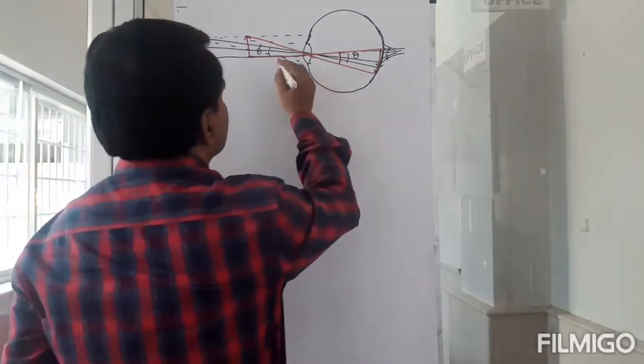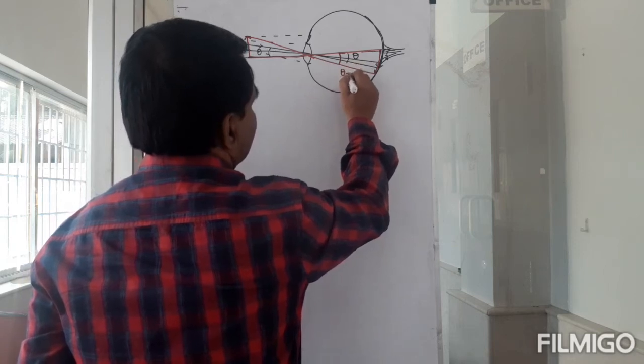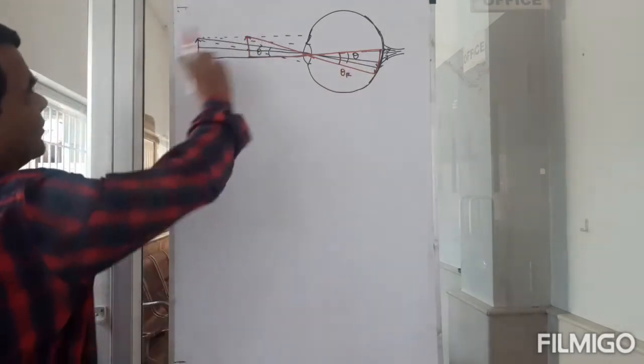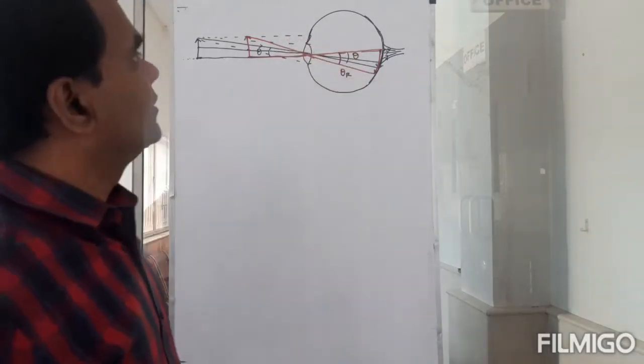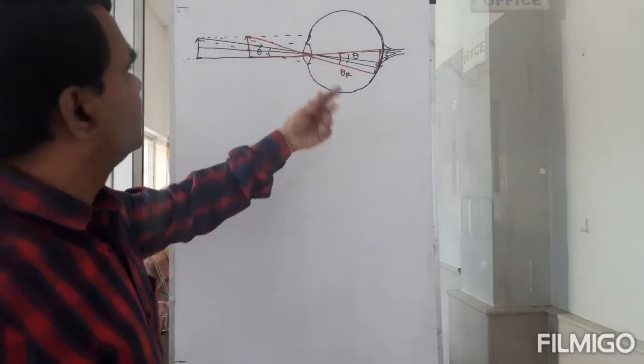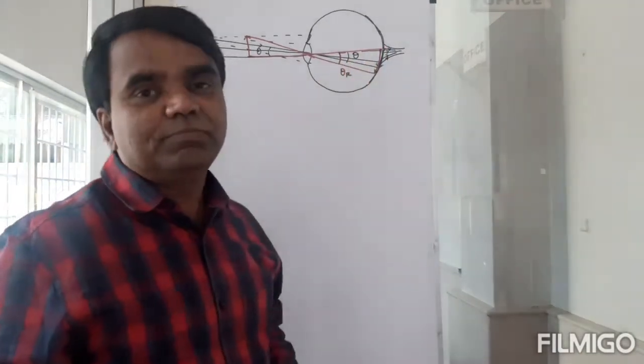So now this is theta, I'll call this theta r, for red. There is theta black and there is theta r. So theta r is greater than theta black. So clearly you are going to see a bigger image. So that is why when somebody shows you something